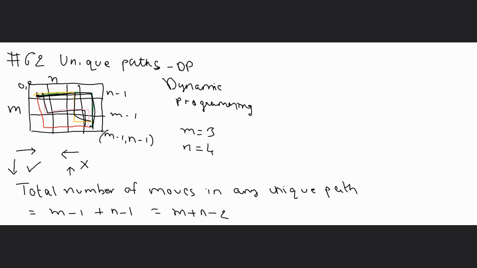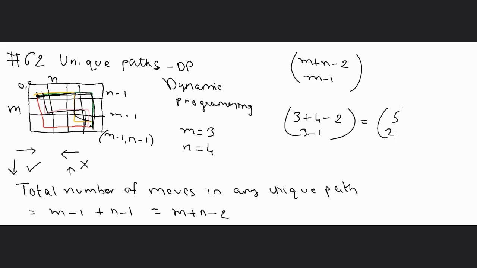So when I ask how many unique paths are there from top left to bottom right, that would be the number of moves, which is m plus n minus 2, and the number of ways we can go downward or go right, so it could be any. So that would be 3 plus 4 minus 2, and 3 minus 1,